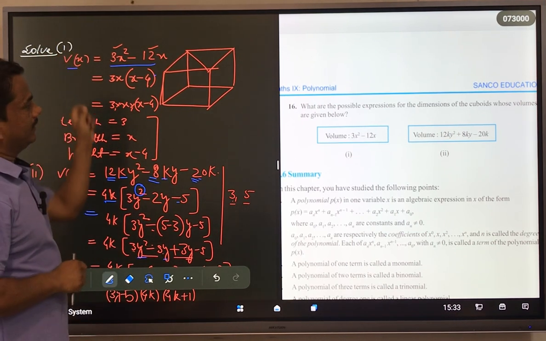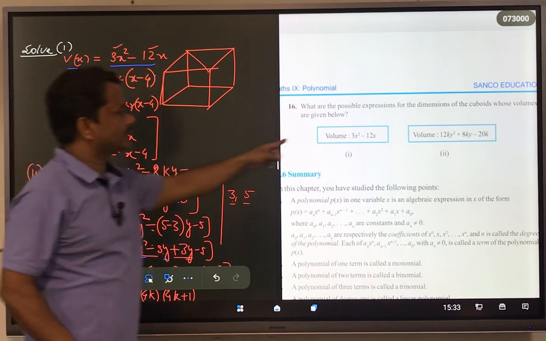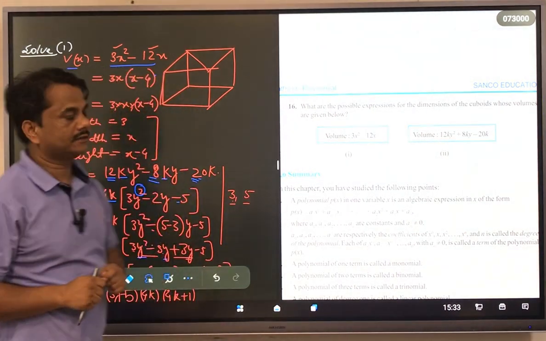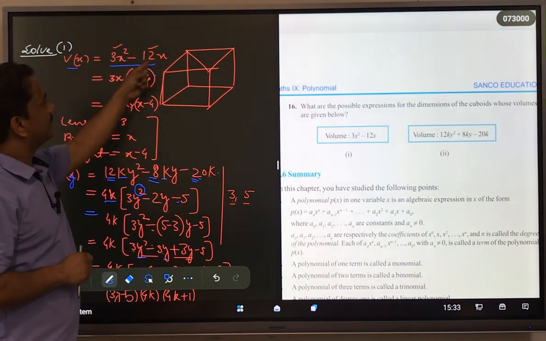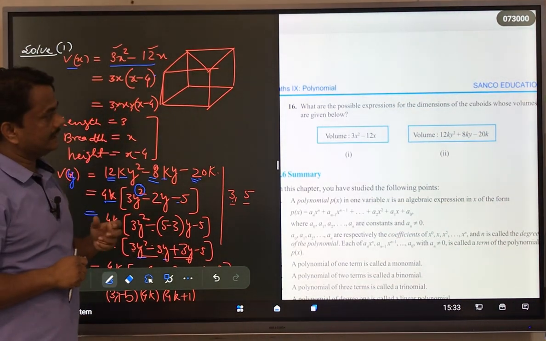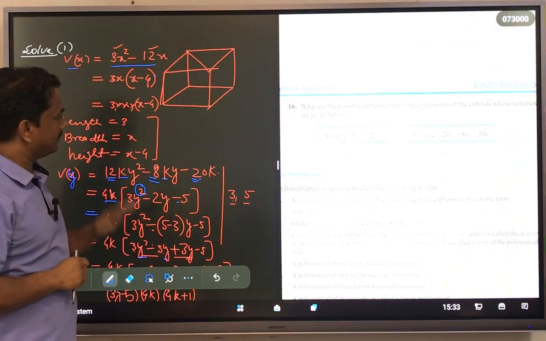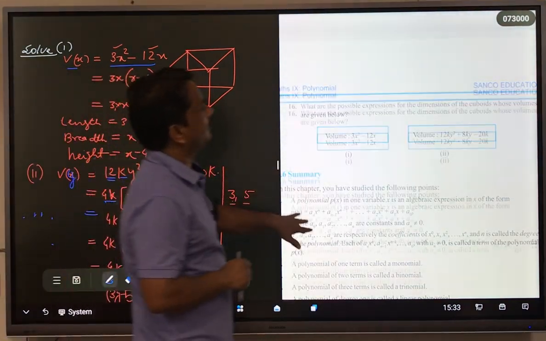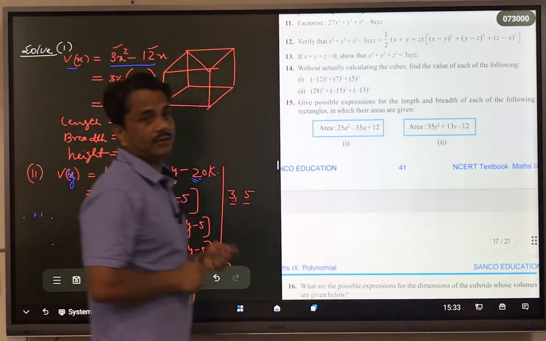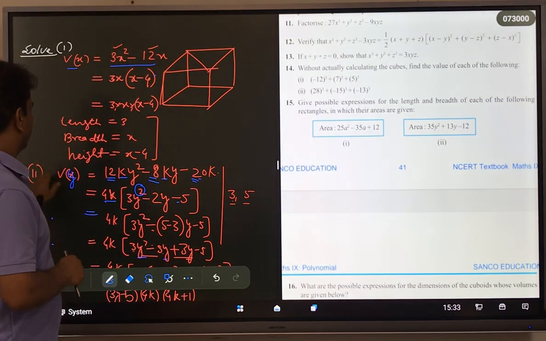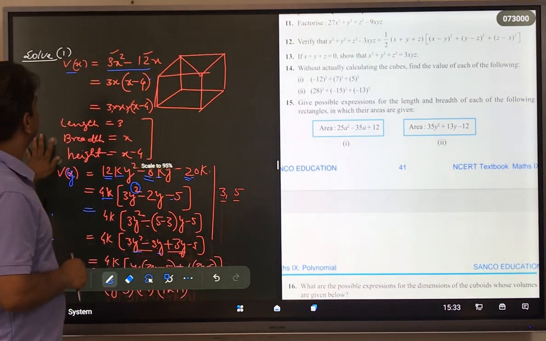Here the volume polynomial, right? V of x, that is 3x square minus 12x. 3x square minus 12x. This is a volume polynomial, right? Now, similarly, we can also do this with an area polynomial. What about the area polynomial? In the case of the area polynomial,